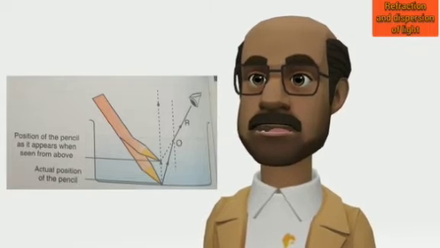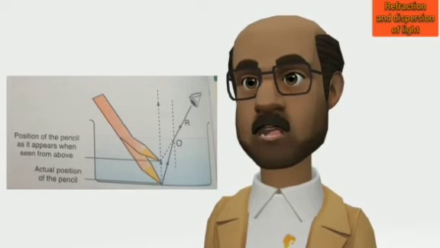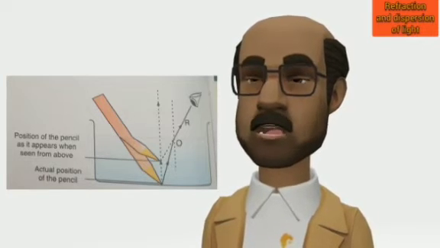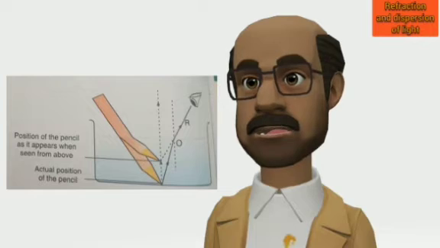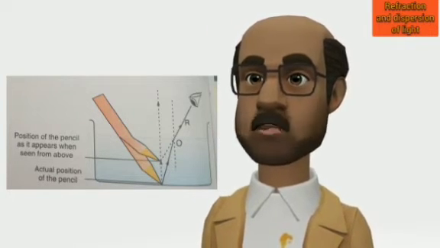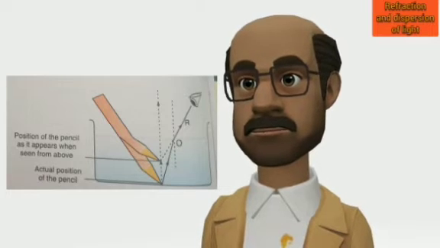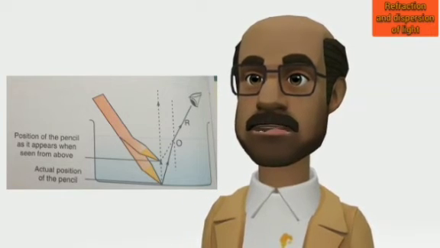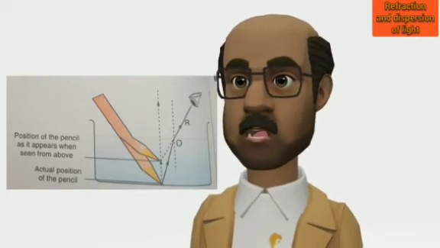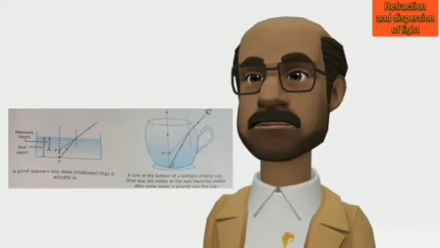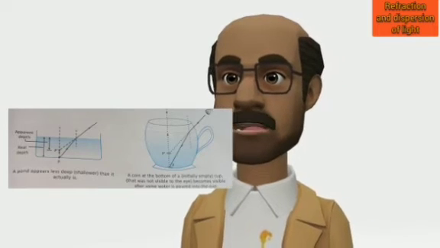We use these rules for understanding many phenomena based on the refraction of light. Let us see how we can use these rules to understand the observations made in the activities considered for the case of a pencil partially immersed in water. The rays of light starting from, say, the tip of the pencil bend away from the normal as they move from water, optically denser, to air, optically rarer. To us, therefore, these appear to be coming from a point that lies above the actual position of the tip of the pencil. The same is true for all other points of the pencil underwater. The part of the pencil underwater thus appears bent with respect to its part above water.